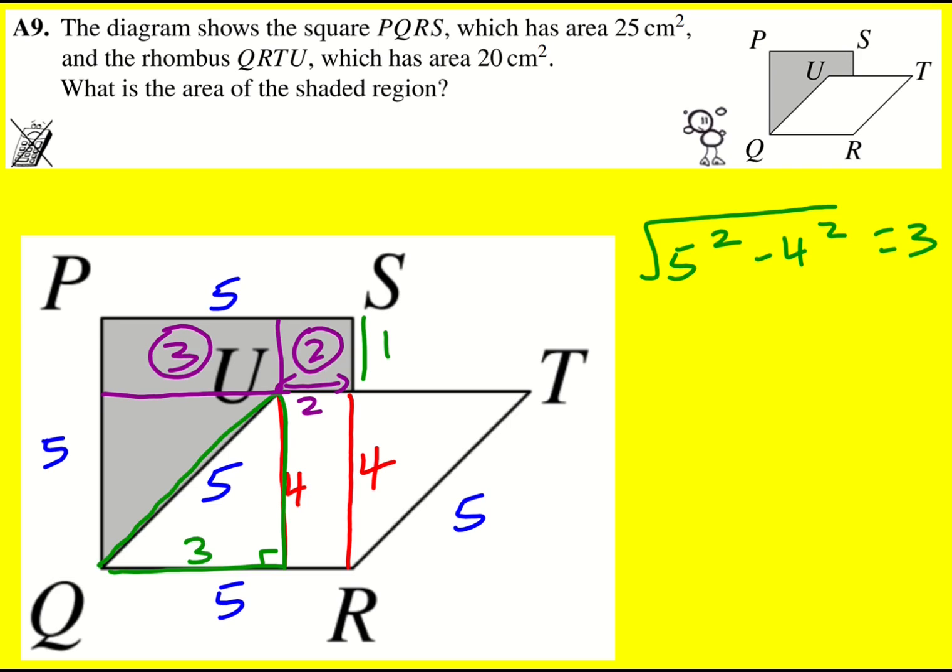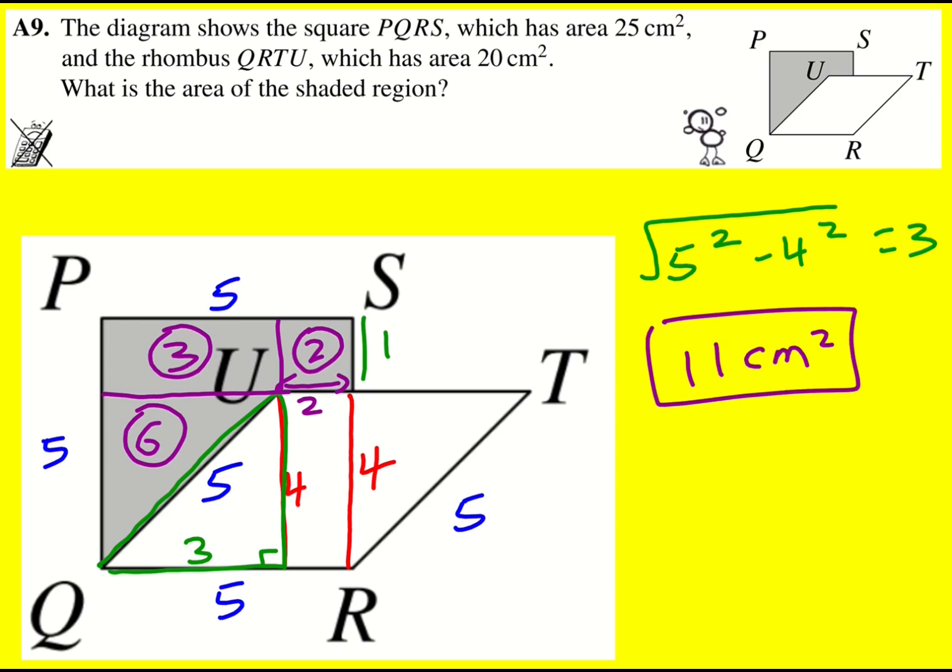That's going to be 3. And then this triangle is going to be 4. Oh, I do need the 3 there. 4 times 3 divided by 2, so that's going to be 6, which means the overall area is going to be 11 centimeters squared. Now, the other way to do it is to say that, right, after you've got your 2,